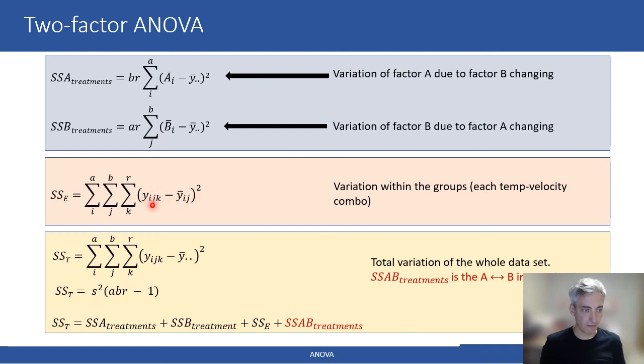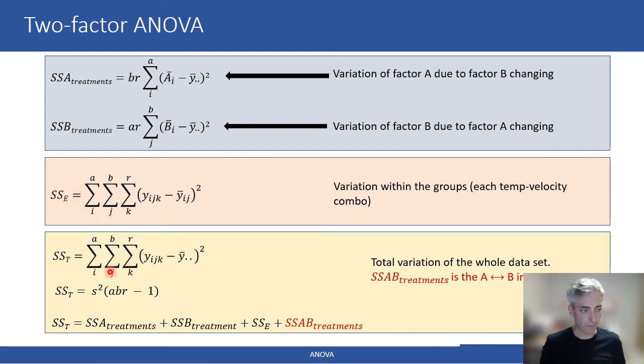So for each speed temperature combination, we find the difference between the mean and the individual measurements,